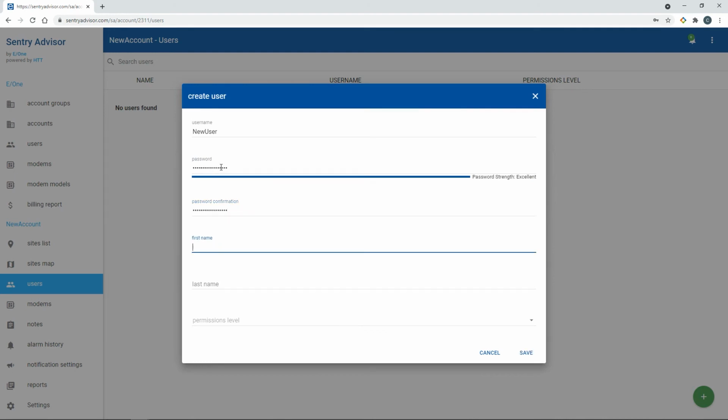As long as they match, you put in your user information: first and last name, and permission level, which grants them different access to the website. We'll cover that in a different training video. In this case, I'm going to provide this person supervisor access. And when I hit save,